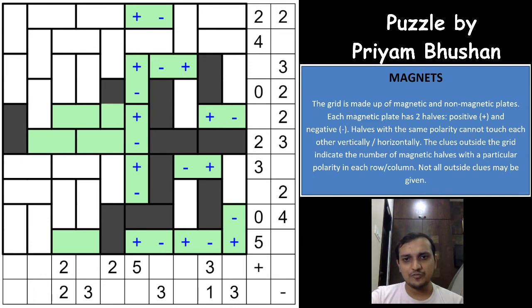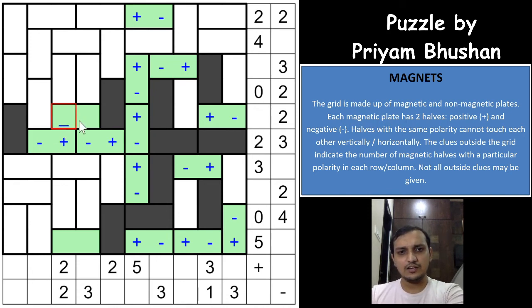Now there are 5 total symbols in this row, and all of these will have to be symbols now. Sorry, this was nothing here. Sorry, this was a non-magnetic region, and which means this has to be a positive, negative, positive, negative, and negative and positive. Superb. And this will have to be okay.